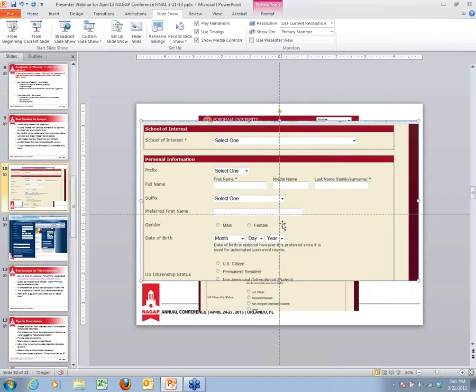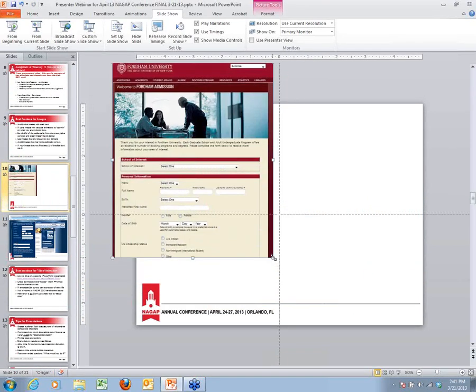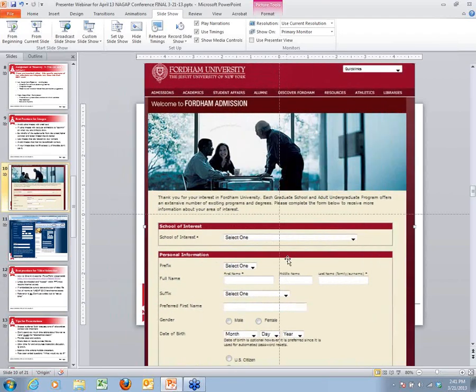I'll use Linda's as an example here. So when I brought this image in from Fordham, and you can see that, right, Linda? Yes. Okay. So let's say when I went to their website and I found this page, and this is what I wanted to show. I just hit print screen on my keyboard. It's in the upper right of your keyboard. Some of the newer keyboards for PCs anyway require that you hit the function key and then print screen, or you might have to hit the F lock and print screen. So play around with it on your keyboard,